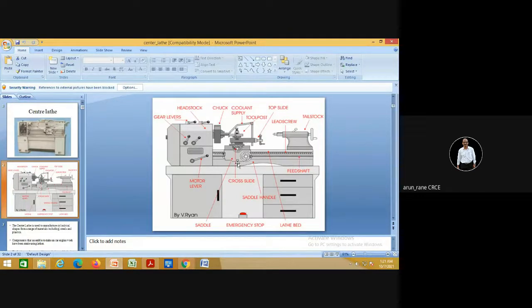to this carriage. So it's like a nut and bolt, and you are familiar with the nut. Bolt is nothing but the feed shaft, and nut is nothing but the carriage.